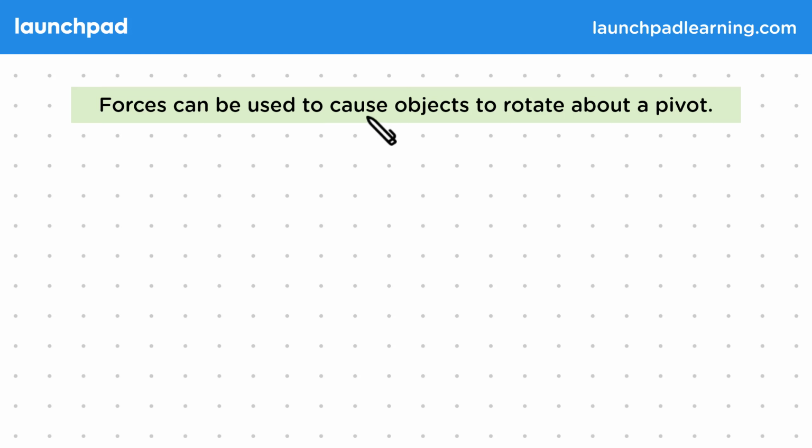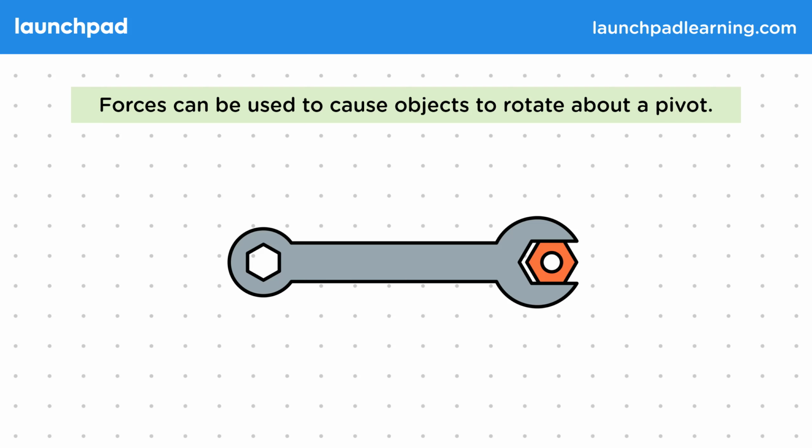Forces can be used to cause objects to rotate about a pivot. A wrench and a nut are a good example of rotation. The nut acts as a pivot in this example as it stays in place, and the wrench then rotates around